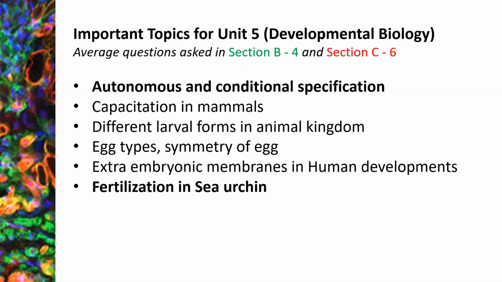The important topics are autonomous and conditional specification, which is a must in developmental biology, capacitation in mammals, cleavage pattern, different larval forms in the animal kingdom, egg types, symmetry of egg, extra-embryonic membranes in human development, fertilization in sea urchin, and